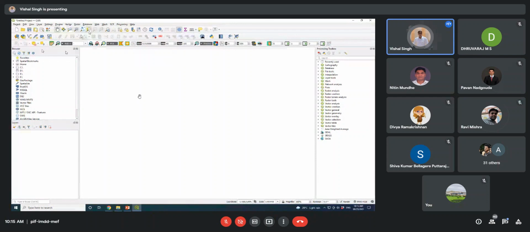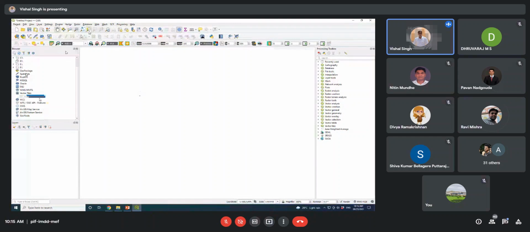In the browser window, you will see an option called XYZ tiles. Everyone has this XYZ tiles in your PC, QGIS. Just try to locate this XYZ tiles option here.